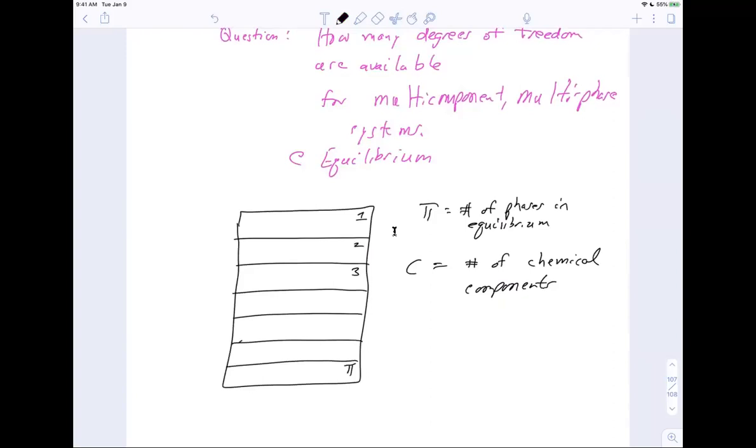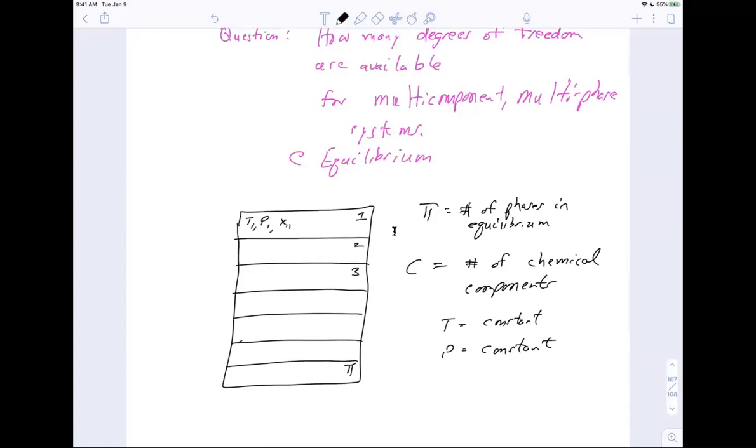As I build it up, ask questions if something is not clear. Okay. And then each phase is going to have a temperature and pressure that is constant. So we have to say that temperature and pressure are going to be constant. Okay. So phase 1 will have a temperature T1, a pressure P1, and it's going to have compositions. Okay. We're going to say that for each one of these chemical components that we said are present in each one of these phases, there is going to be